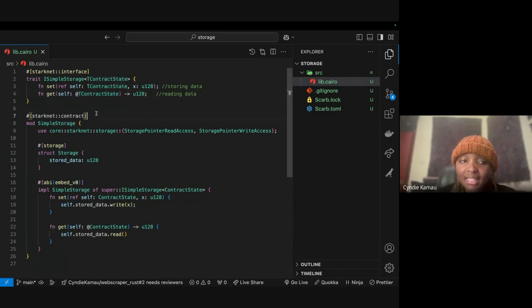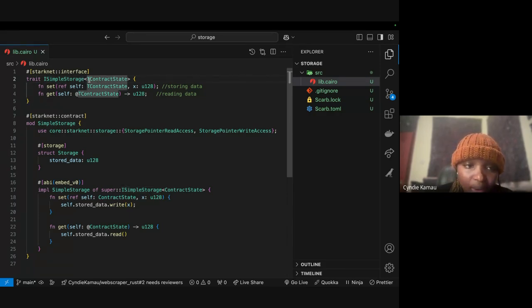Remember I said the differences in syntax between Rust and Cairo come in here. As you can see in our trait here, ISimpleStorage, which explains more about our smart contract, we've put an I at the front. It's a requirement, so that someone can identify and say, okay, this is an interface.